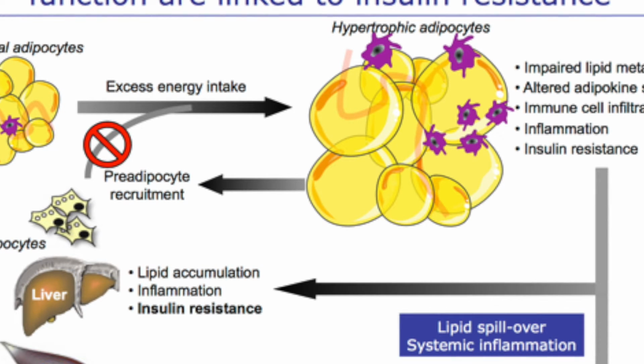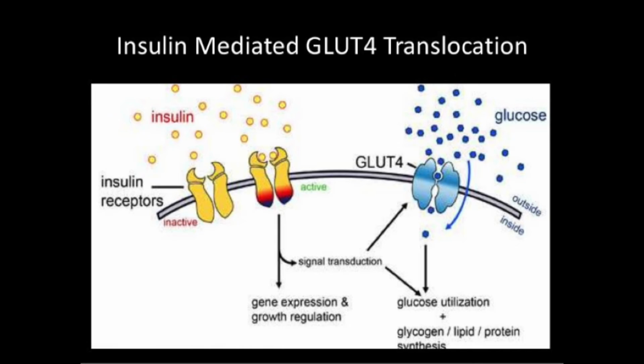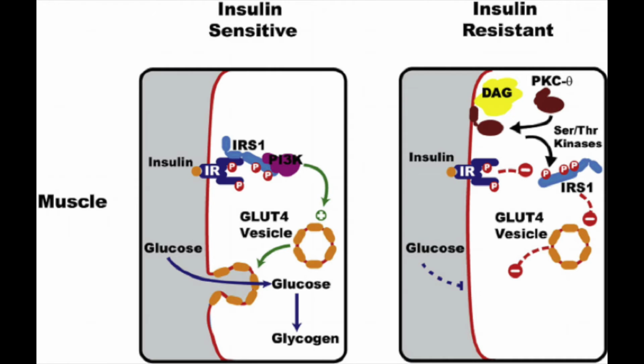cells, which are less sensitive to insulin because the translocation of GLUT4 to the membrane is inhibited because of the intracellular fat accumulation. Less glucose will be taken up as a result of this. This may cause hyperglycemia, so high glucose levels in the circulation. Because of these high glucose levels, beta cells will produce more insulin trying to reduce blood glucose levels, and they will get tired after doing this for a while. This will lead to less insulin secretion and in the end will result in insulin resistance.